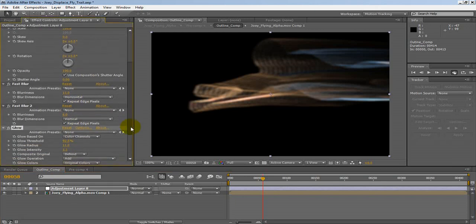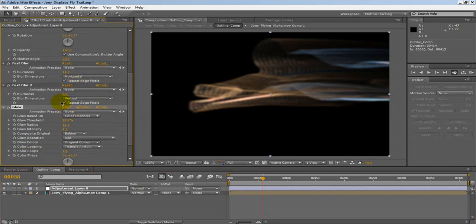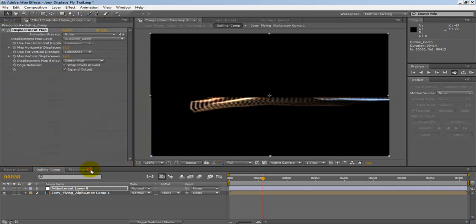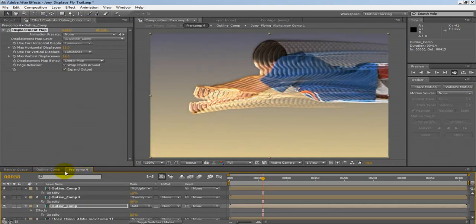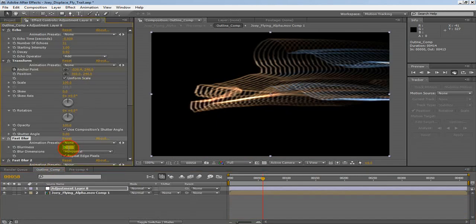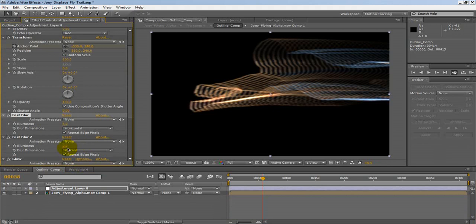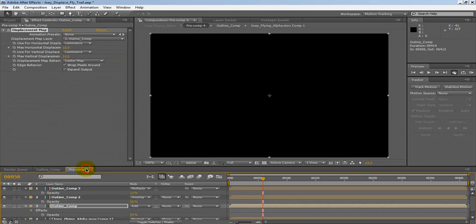Let me just go ahead and turn off some of the blur here, just to show you how that's going to look. Try to get a little bit more texture in there. Yeah, that's a little bit too much. I didn't know I went down that far. I just want some of the outline. That's why I hate working with the